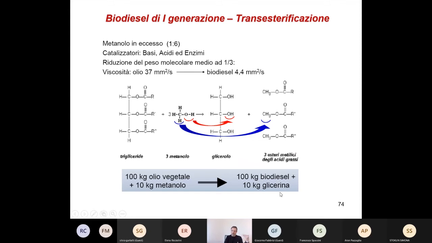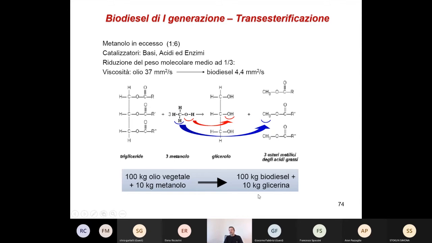And of course, if you want to perform this pathway, you have to take into consideration the recovery of glycerin, because to transform 100 kilograms of vegetable oil, you need a lot of methanol, 10%, and you produce at the end of the process 10% of glycerin. So very important